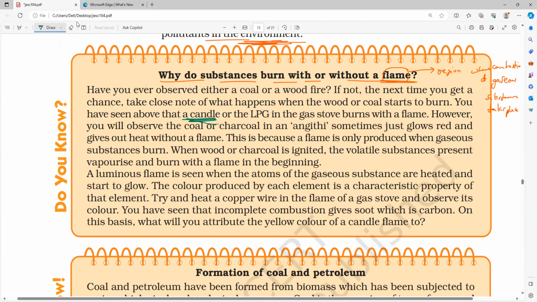Yes, please. A candle is burning with what color, all of you? Yellow color. LPG, liquefied petroleum gas, in the gas stove burns with a blue flame. But you will observe the coal. If you go to the ironing person, the man who irons your clothes, he will be having a coal. Have you seen that? That coal is